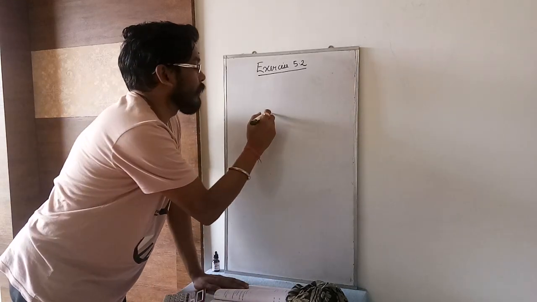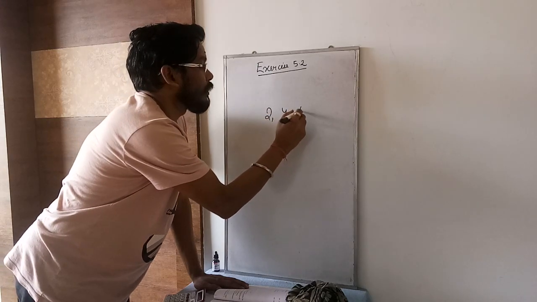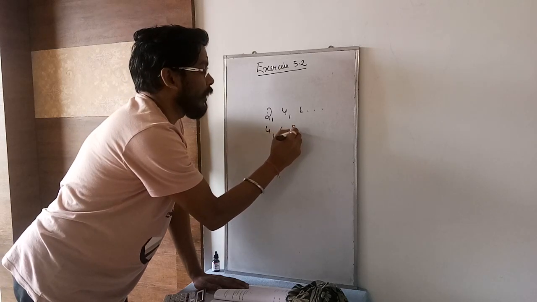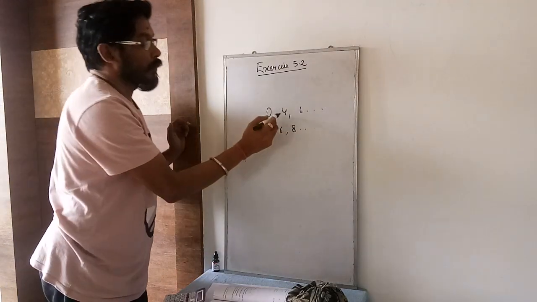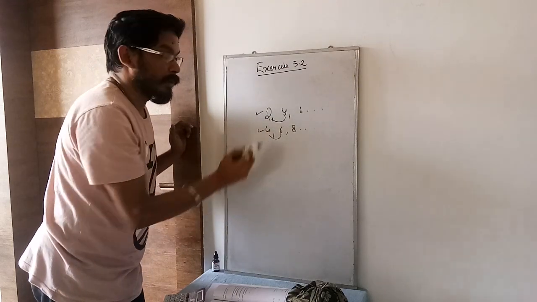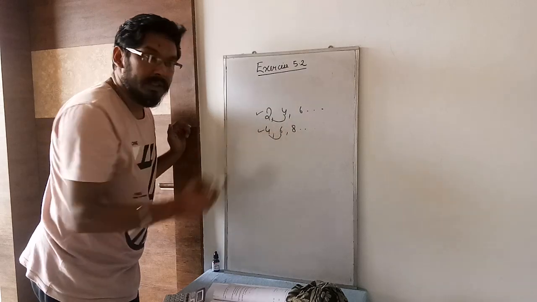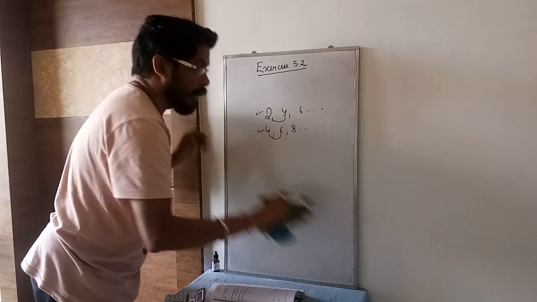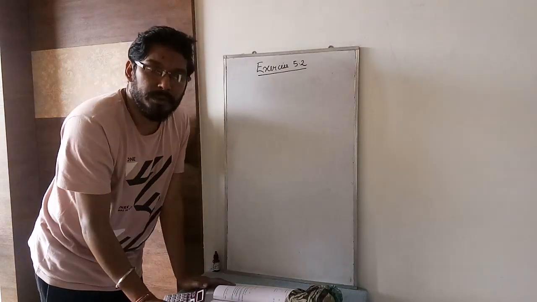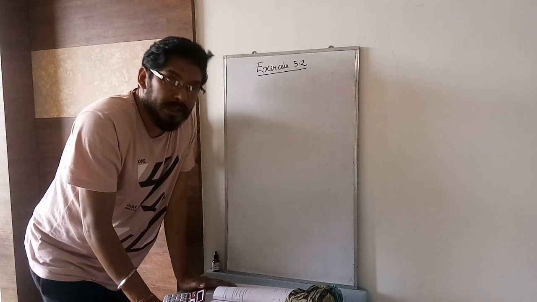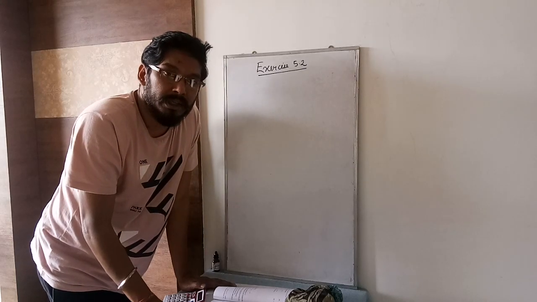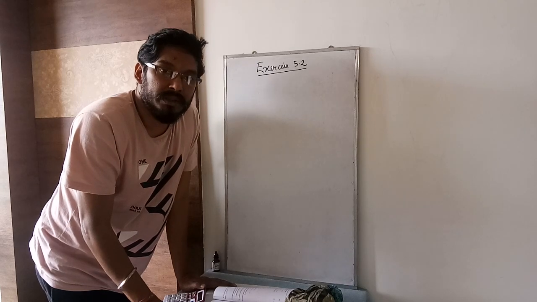Let me take an example. Suppose 2, 4, 6 is an AP. Another AP is, suppose, 4, 6, 8, ... Here the common difference is 2, and here also the common difference is 2. They represent two different APs, where the first term in this sequence is 2 and here it is 4. So it is the same type. There are two APs whose common difference is the same, but the first term varies, and the difference between the 100th terms of these two APs is 100. We need to find the difference between their 1000th terms.